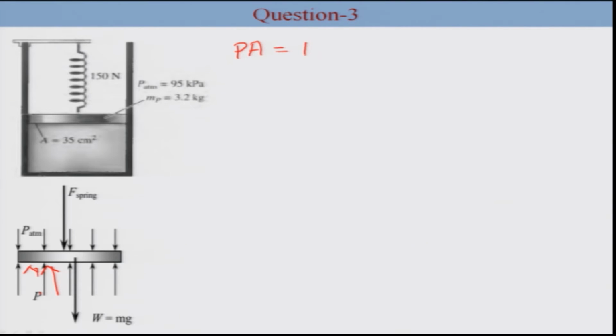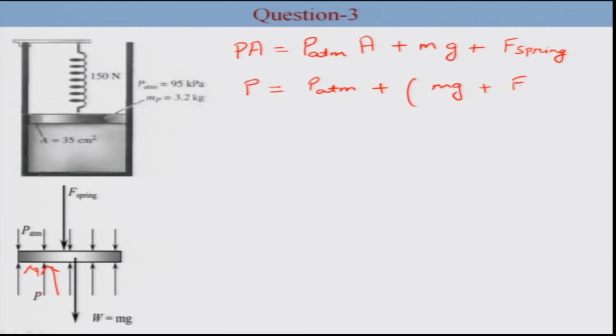So, force due to atmospheric pressure is P atmosphere multiplied by area, plus the weight, which is mass multiplied by acceleration due to gravity, plus the force because of the compressed spring. The expression for P simplifies to P atmosphere plus mg plus force due to spring